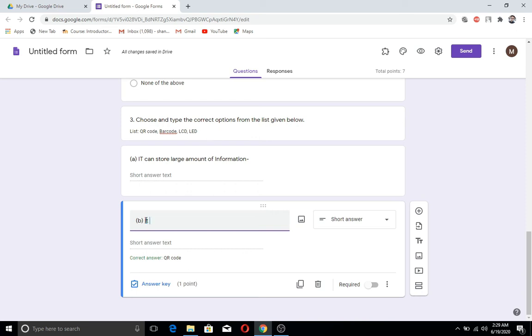It uses backlighting to produce the image.